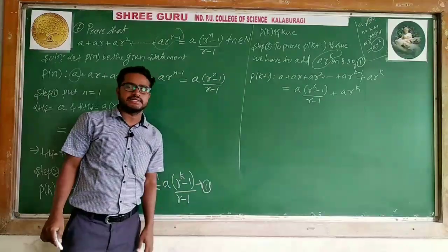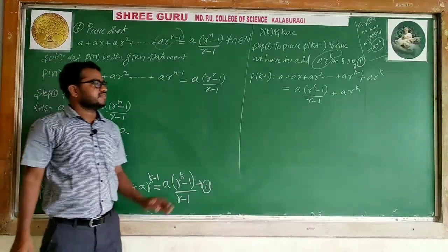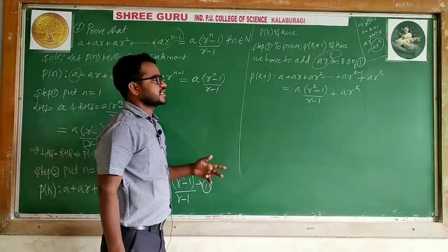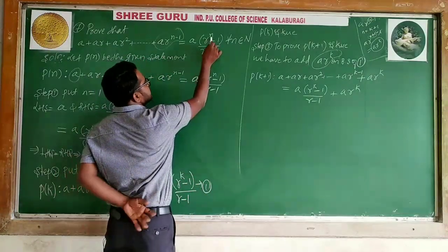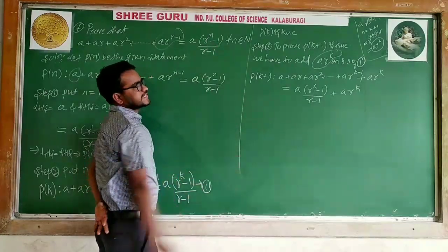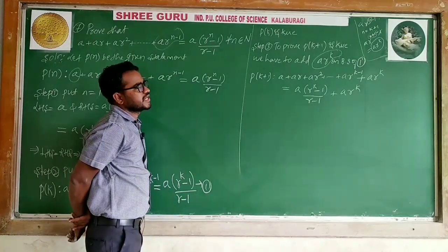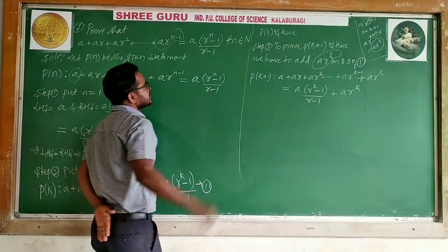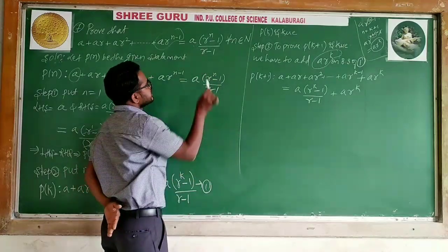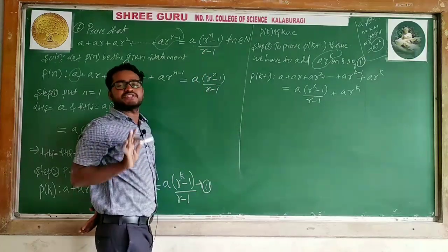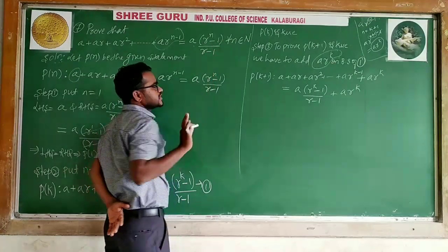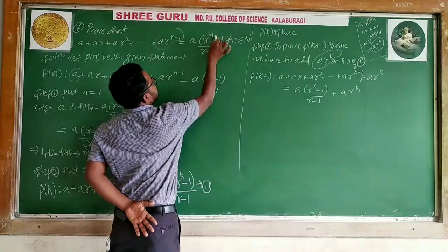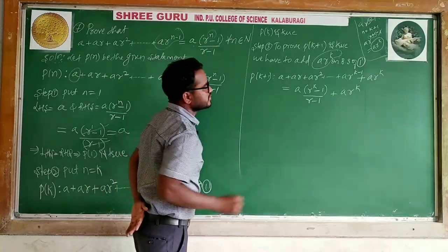LHS side, RHS side. When you add the term, simplify only the RHS and try to express it in the form of n is k plus 1. Means the required result is what? Before going to solve, you can decide which result you need. The thing is, I need A times R to the power k plus 1 minus 1 divided by R minus 1. Everything is the same, only in place of n I need k plus 1. Simplification of that will give the same.